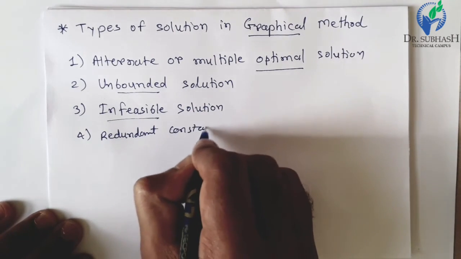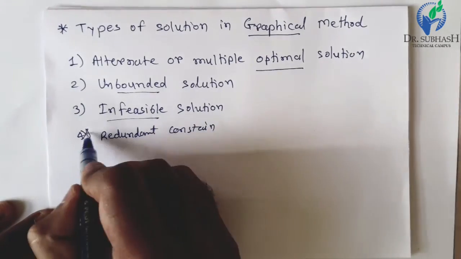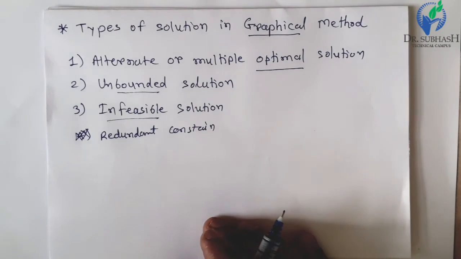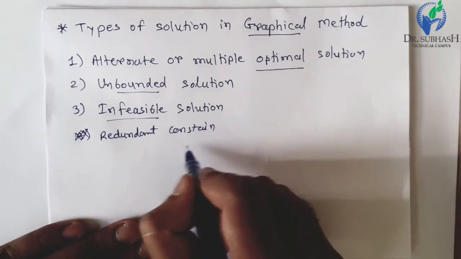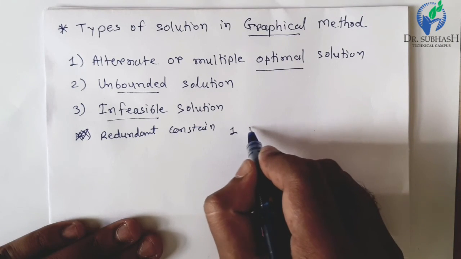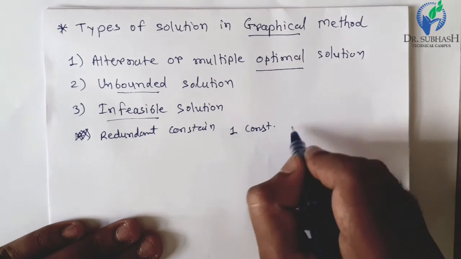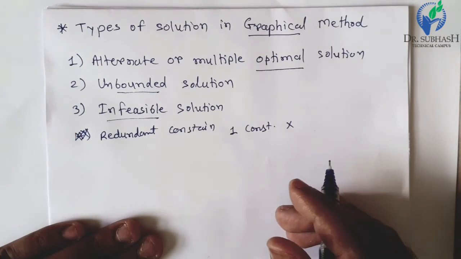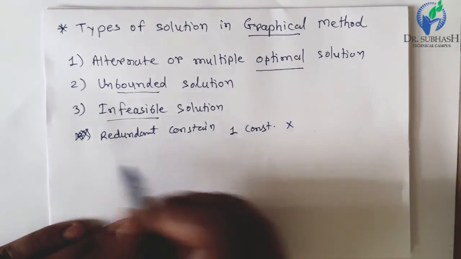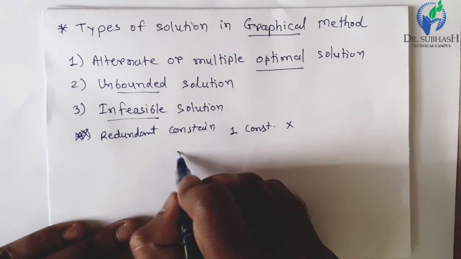This is actually not a fourth type of solution, because it is a type of constraint in which one or more constraints are like this. At least one or more constraints are like this. It does not have any contribution in the feasible region or in the optimal solution. Then this type of problem has a redundant constraint, and you have to neglect